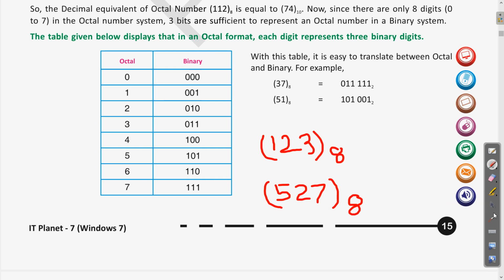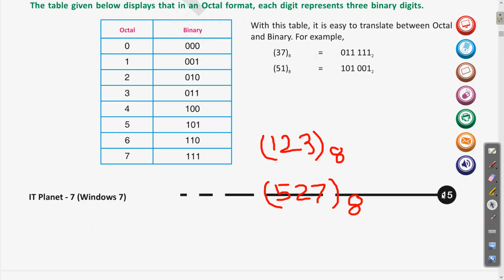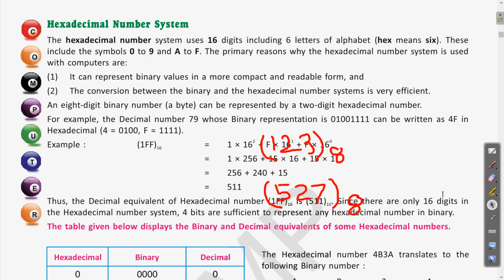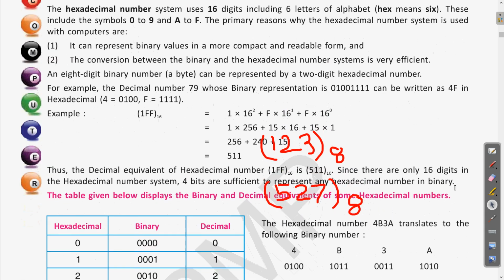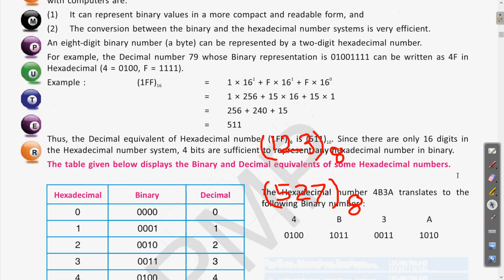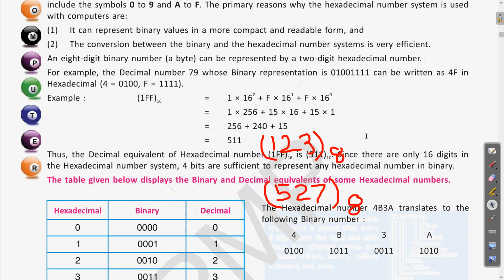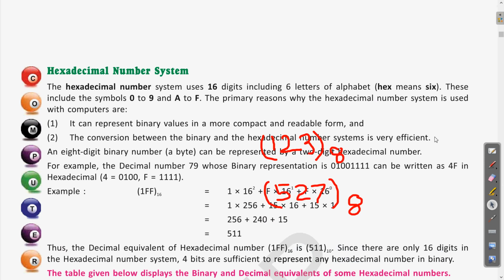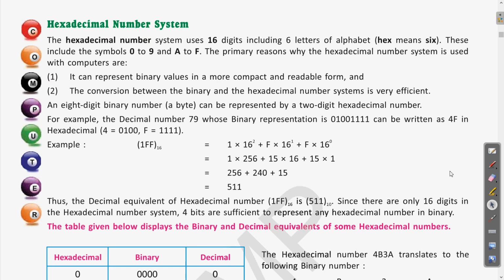Try to do them, and in the next class we will discuss one more type of number system, the hexadecimal number system. Clear? In the coming class we are going to see the hexadecimal number system, and we will do the conversion in the same way, so the questions given at the time of conversion will be very easy to relate to. We will take a sufficient number of examples, and if you still have problems or doubts, you can pause the video there, and the remaining doubts will be taken in the coming class.